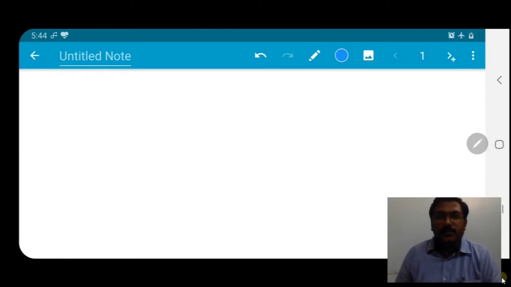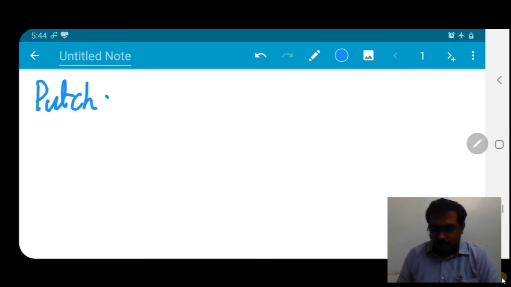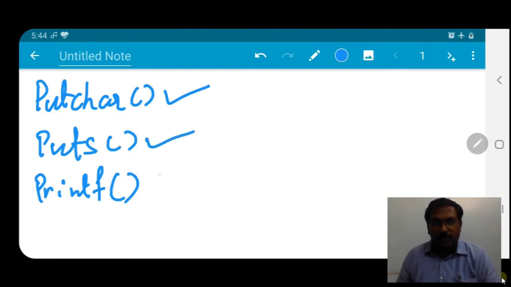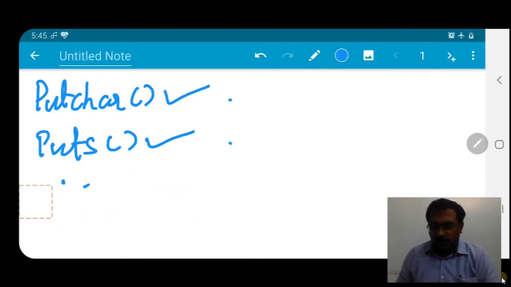As I earlier mentioned, we have different output functions, like putchar, puts, and printf. Putchar is used for a single character, puts is used for multiple characters or a string. Printf can be used for single characters, multiple characters or numeric values. So we mostly, widely use the printf function. Let us see how to write the printf function.